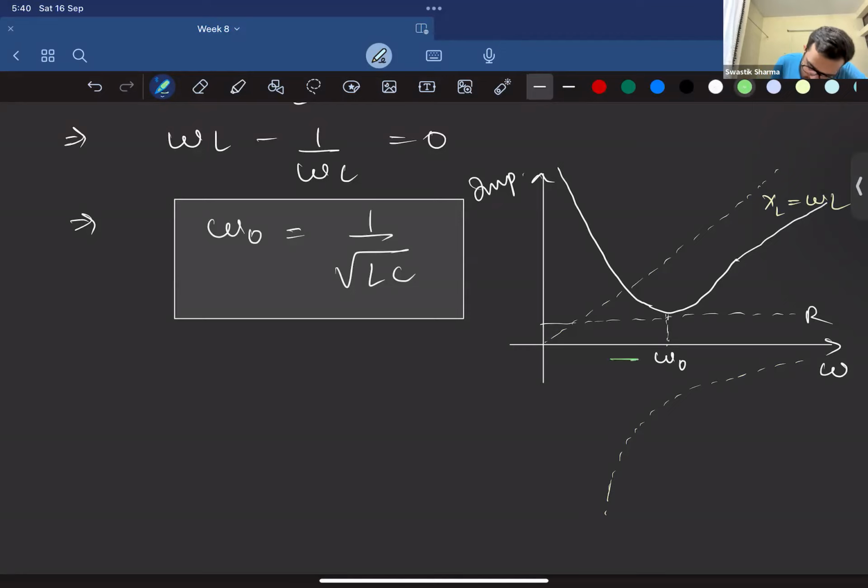Now, in this direction, the circuit is majorly capacitive because the capacitive value is very high, and in this direction the circuit